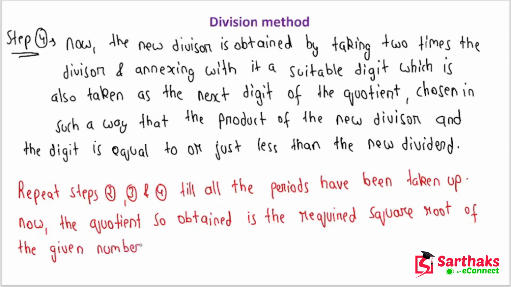Okay, so you can say that the quotient which you are getting finally is the required square root of the given number. Now let me explain these steps with the help of a question so it would be easier